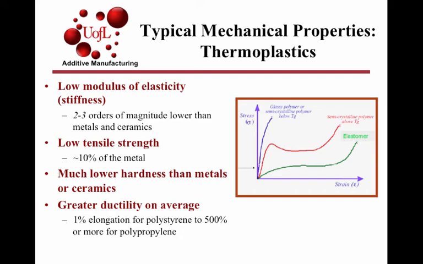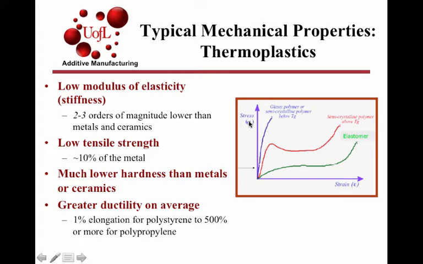As a final set of properties in lecture 2, let us consider the mechanical behavior of thermoplastics. On a comparative basis, the modulus of elasticity is typically low for polymers by 2 to 3 orders of magnitude compared to metals and ceramics. The tensile strength is lower, typically about 10% of a metal. It has a much lower hardness than metals or ceramics, and the ductility, on the other hand, is much greater. It can be more than 500% for polypropylene, which is more than a couple of orders of magnitude greater than for many